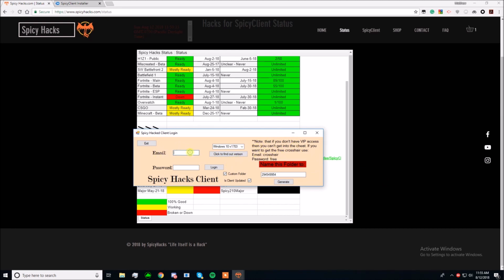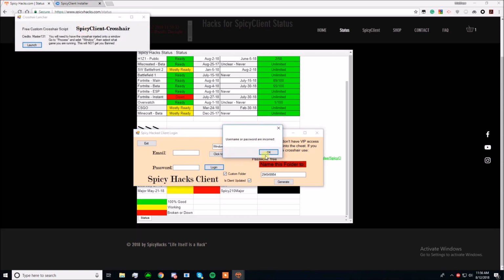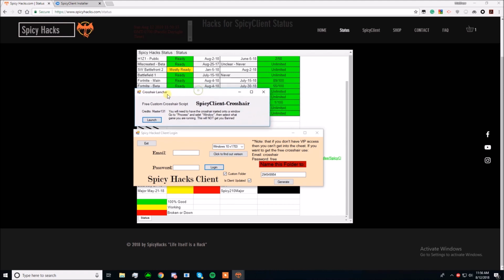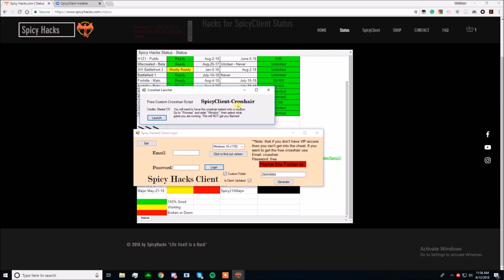Okay, so if you want the free crosshair, then you'd put in email crosshair. It says it over here, and password free. Log in. Still says it's incorrect, but it does pop it up anyway. I don't know, it's stupid. Okay, so